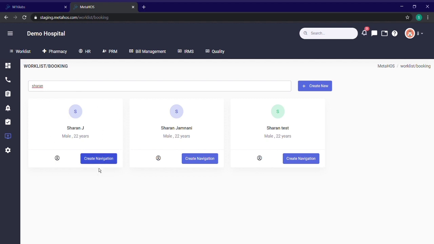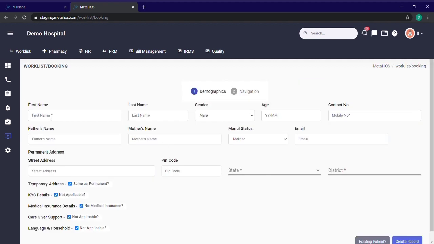For example, Sharan J. So if we already have a patient, we can click on create navigation and book a consultation for him. And if we do not have one, we can click on create new. In create new, we have to enter the patient name, like the first name and last name, for example demo patient, and the gender and age, let us consider as 21 and 0 months, and his contact number,